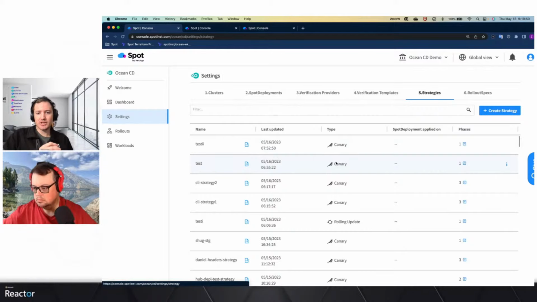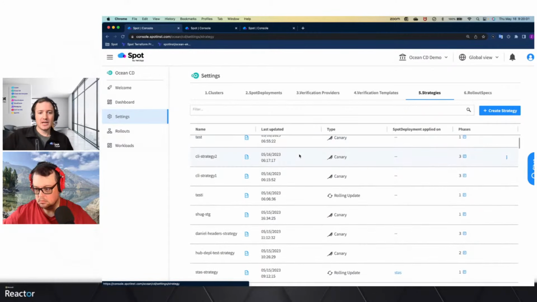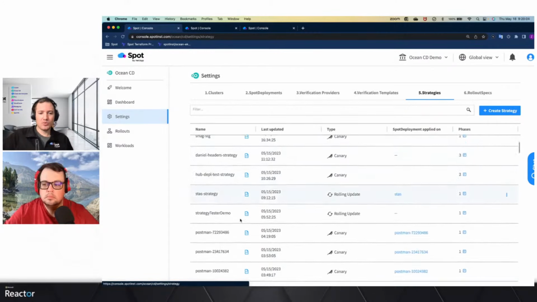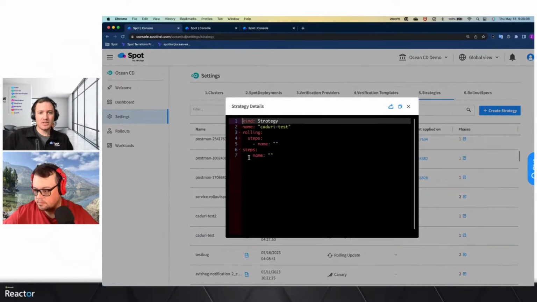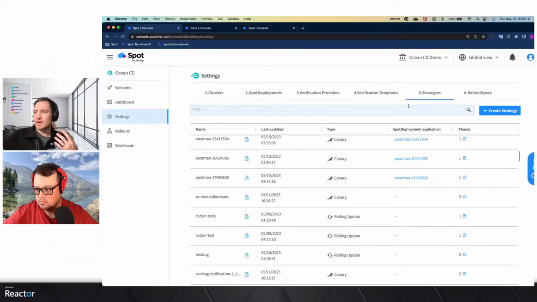So this is where you're going to define that I want to use a rolling update or canary deployment, things like that. And when you click into a strategy, it's going to tell us what metrics am I most concerned about, and how much of the traffic do I want to shift to that first phase.